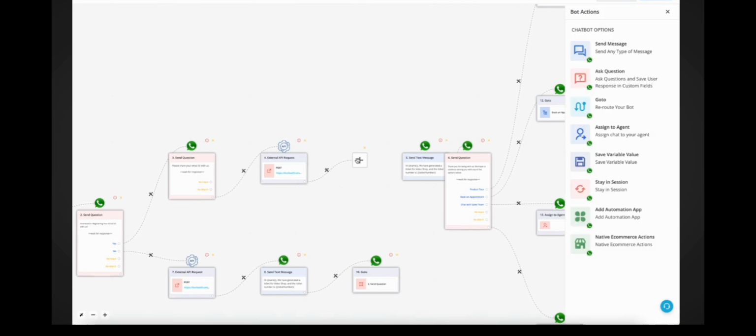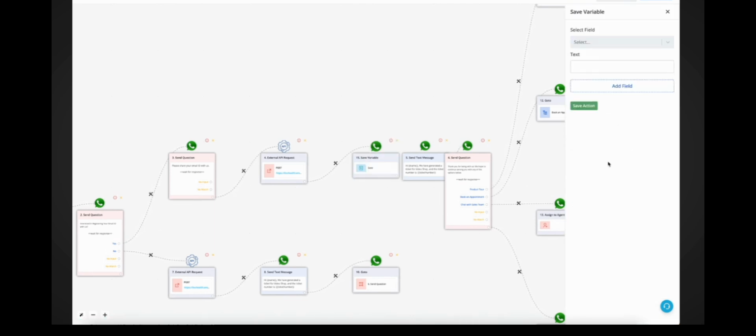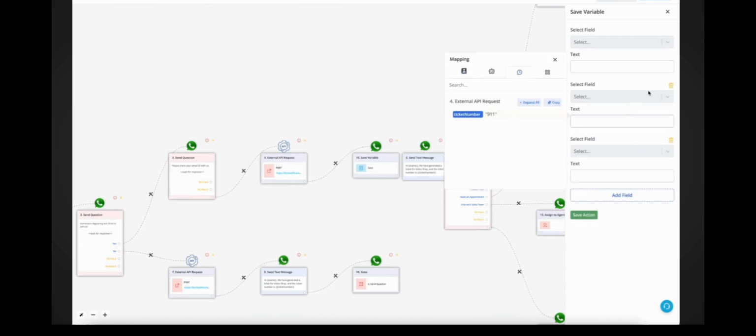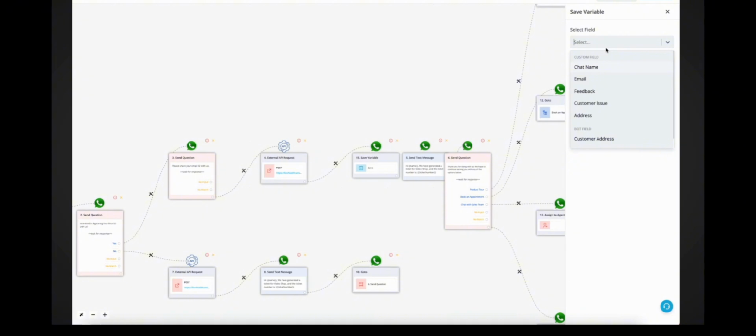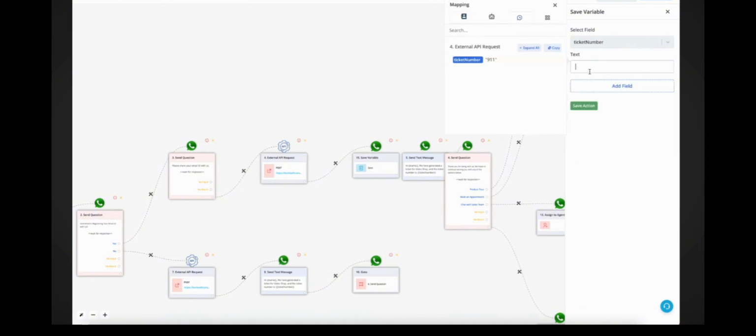you need to click on the plus icon and then click on save variable value, and the response from your external request would be visible here. And then, if you have more than one response, you can map multiple fields here. If you have only one response, you need to create a bot field, not necessarily exactly the same value. It might be different based on your requirement, and you need to map it here and then